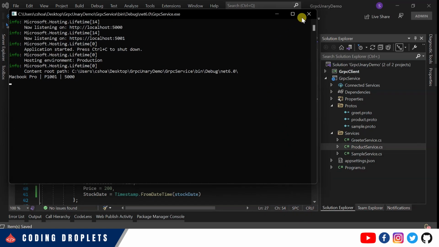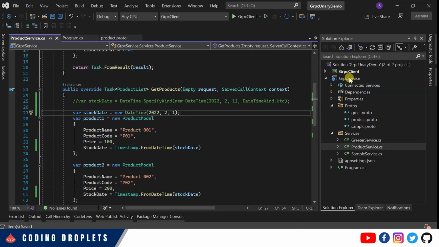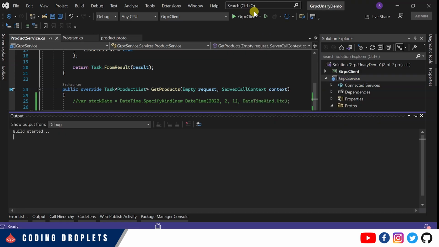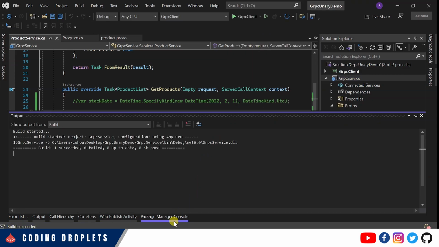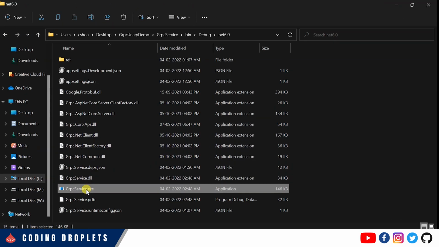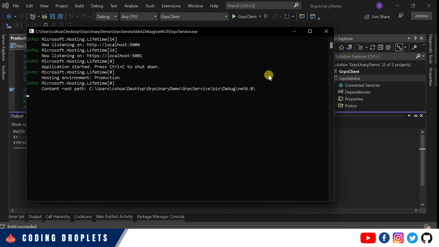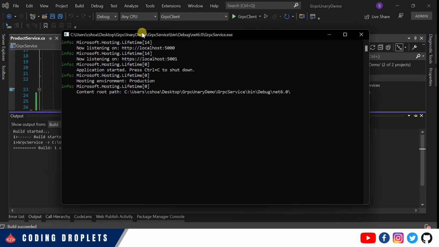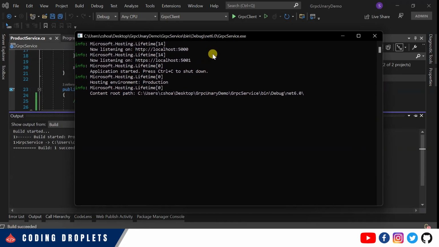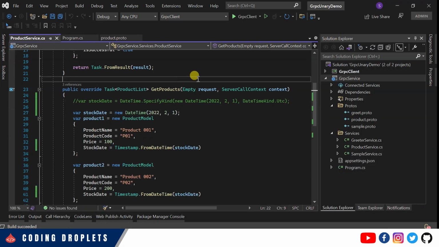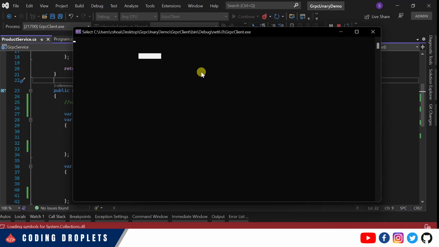So I'm just exiting the service application, compiling this again, and running the service application. Fine. So it won't show any error. Now you can see that the service application, the gRPC Unary API is working fine. But the problem will happen when we are calling this method from the client. So now I'm running the client,